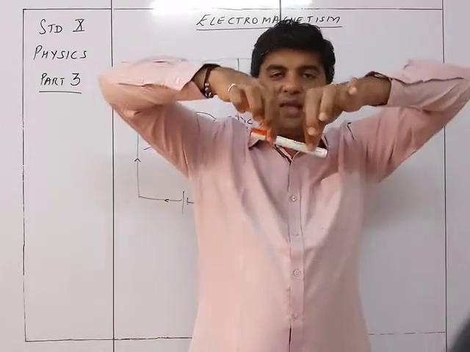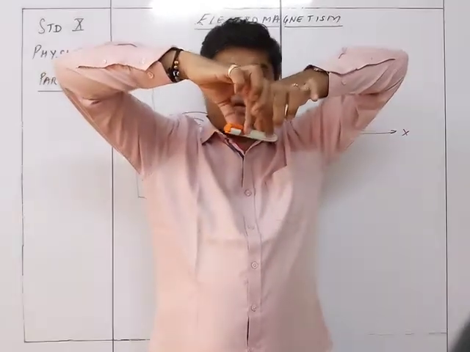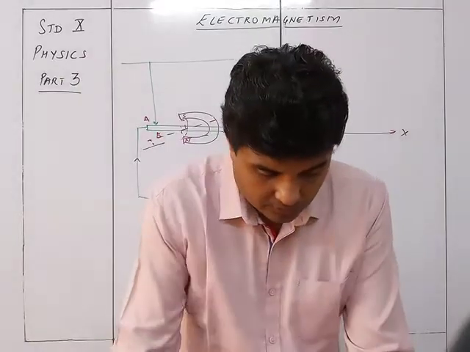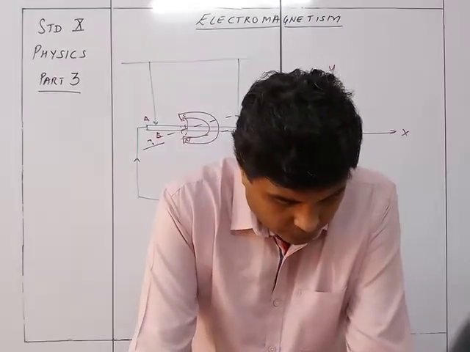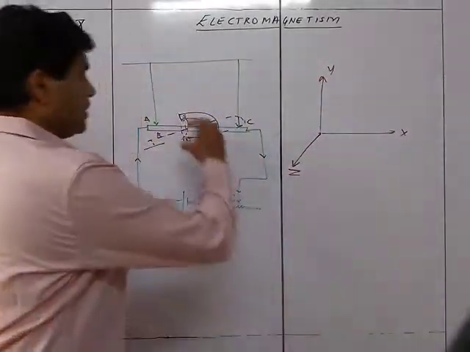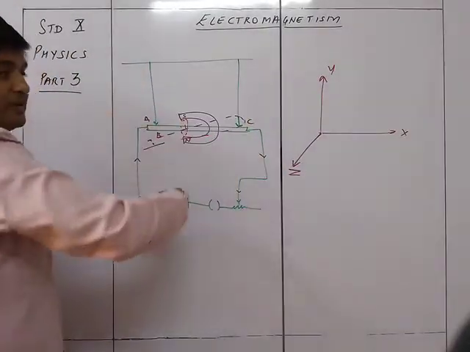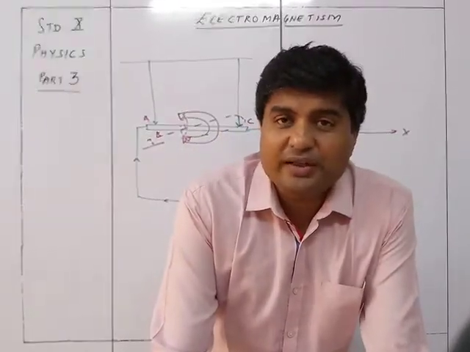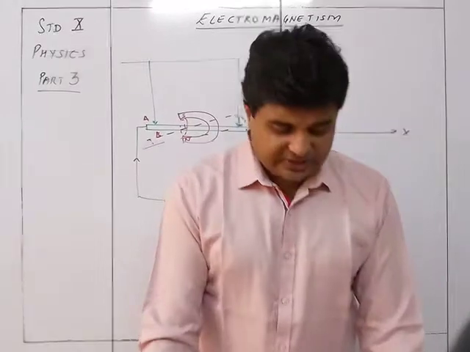So it was hanging like this. First it went outward, and now it is going to go inward. Okay. Similarly, on reversing the direction of the magnet, that is, the magnet which we placed with north and south, if we reverse it, north up and south down, then the same thing will happen. So again the direction of outward and inward will change.